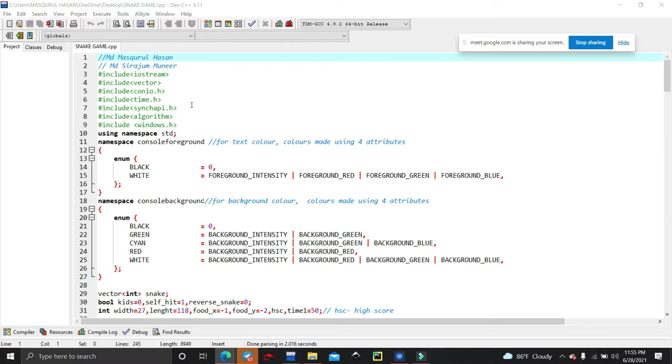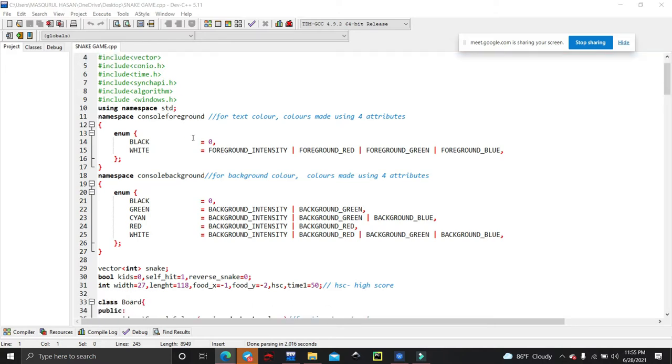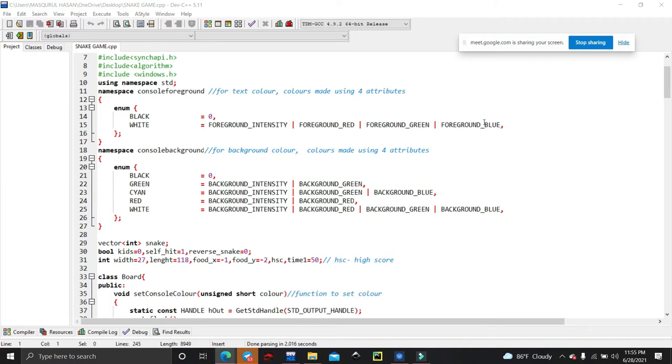Then we took synchapi.h, then used algorithm and windows.h. Then, to add text color, we have used namespace console foreground, and we have used two colors here. Firstly, black and white, and then black, green, red, white, etc.